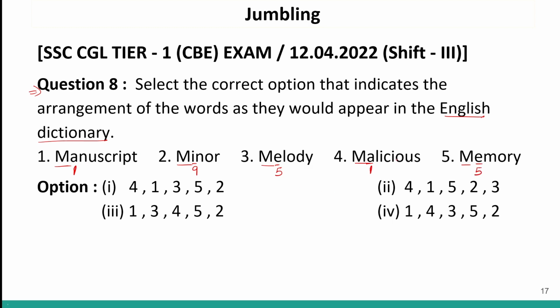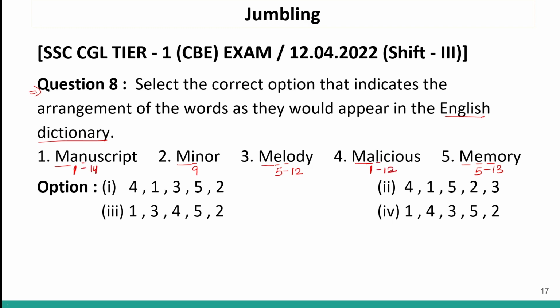So in manuscript and malicious, we'll move on to the next letter after A. So after A, we have N over here, and N is 14. In melody and memory, we will move after E. So in melody, after E, we have L, which is 12. And here we have M, which is 13. Clear? Then in malicious and manuscript, after A we have N, which is 14, and after A we have L,